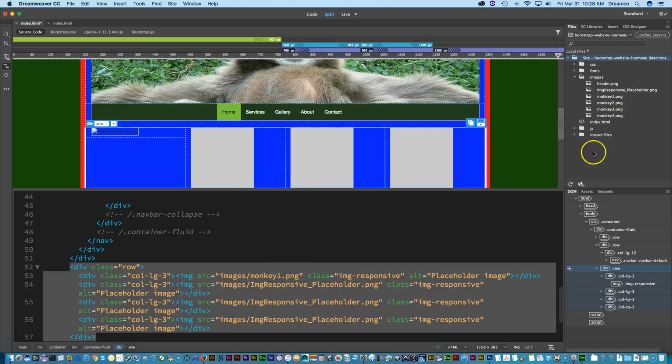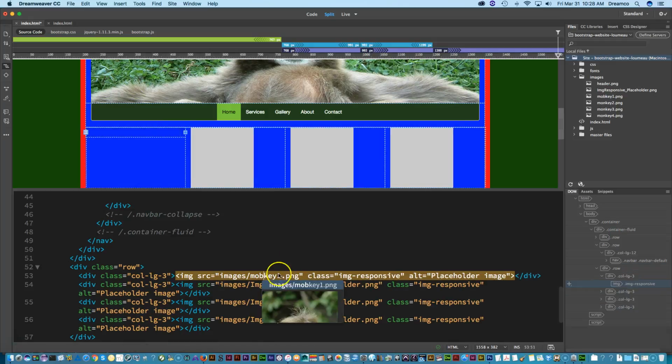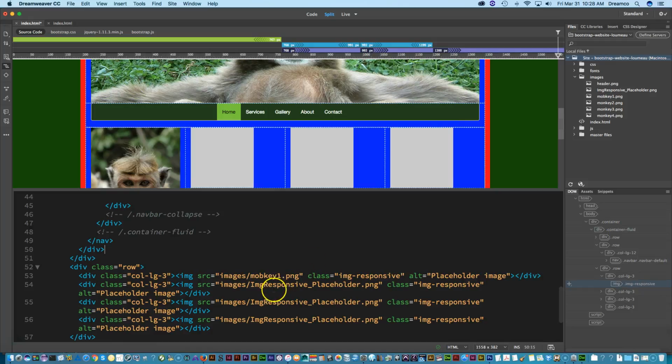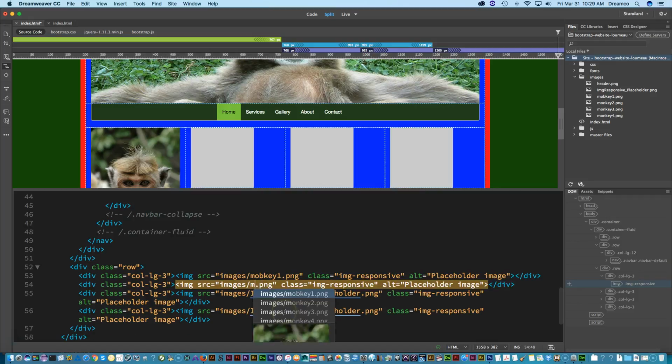Now I could fix this one of 2 ways. I could either go change this to be a monkey, or I could change this to say mob key, right? Well, I'm just going to be lazy and change this to mob key because it'll just go a little faster. These other ones look like they're spelled correctly, so I'll go ahead and make this monkey 2